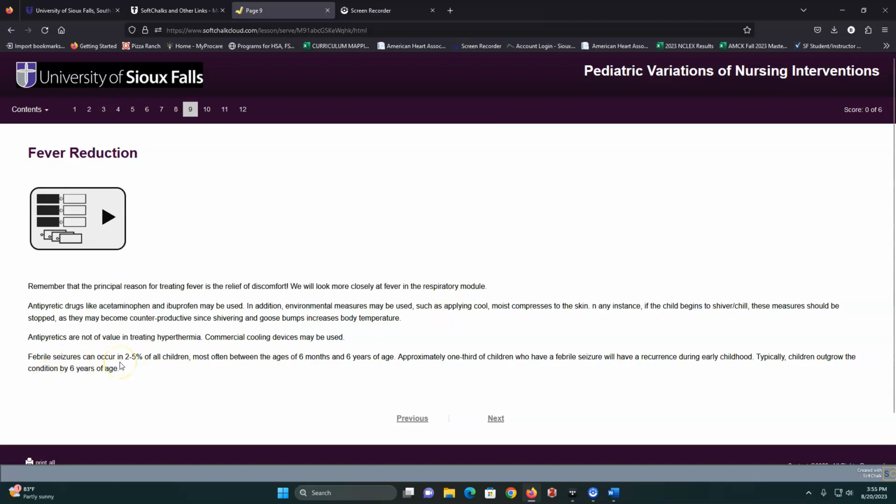Febrile seizures can occur. They occur in about 3% of the population, as in kids. And if they have febrile seizures, then they're more likely to have a seizure later on in their life. It only doubles. It goes from like 3% for febrile seizure in kids to like 3% within adulthood as well. But typically they'll outgrow febrile seizures by the age of 6. An interesting fact is that they can have a febrile seizure within 24 hours of having a fever. So they might actually start with the seizure and then get the fever later, and that's still a febrile seizure, as long as it occurs within 24 hours. But that's a concern of ours too.